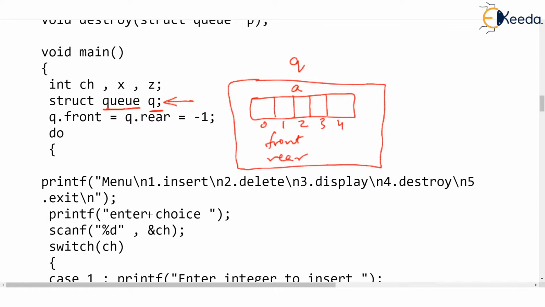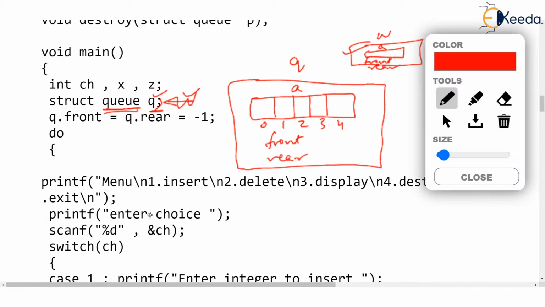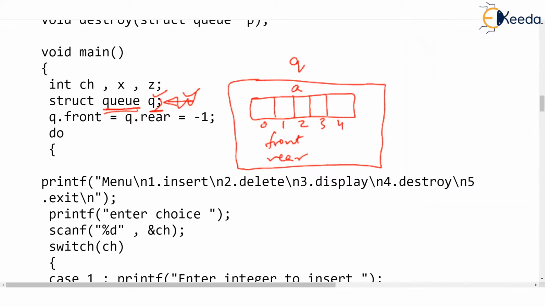Don't forget, if you want more such queues, you can simply declare more variables. If you declare q and w, then q is a queue and w is also a queue, isn't it? So w will be another box which will contain its own array, front and rear. Not such a good picture, but I hope you can understand. So you can create as many queues as possible. You just have to declare variables of queue type. But in this program, we have declared only one queue because we just want to demonstrate the operations on the queue.